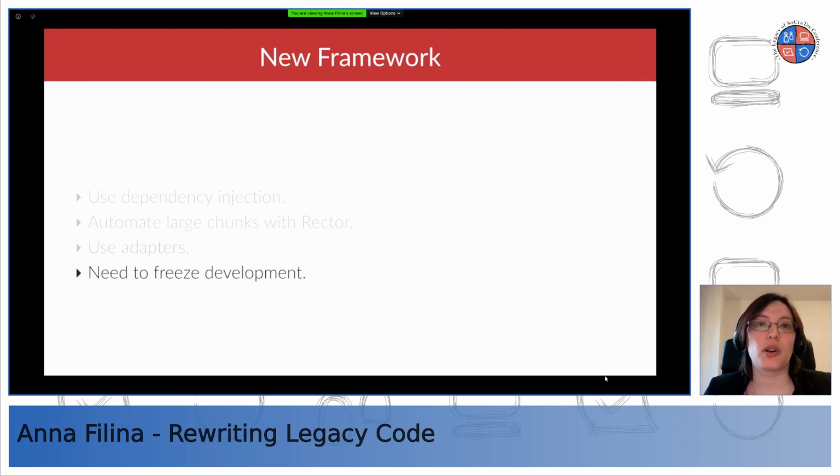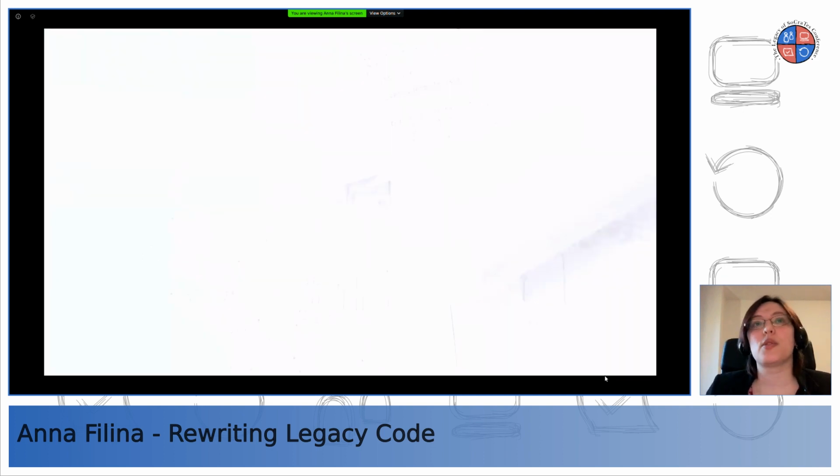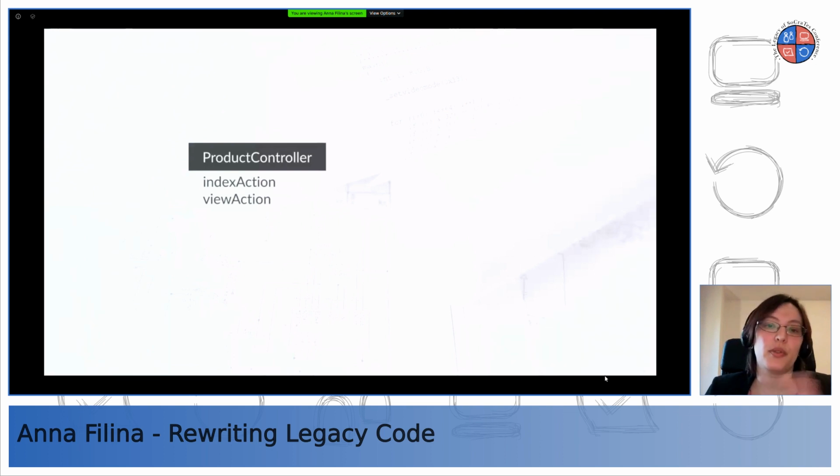And again, you are going to probably need to freeze development for a much longer time. Changes to a new framework is a lot more involved. So an example of how you would move things to a new framework. So for example, in Zend Framework 1, or in many of the, actually most frameworks, I think, the way they work is they have a controller class, and that controller can have multiple actions. So you would have a product controller that can respond to an index action and a view action.